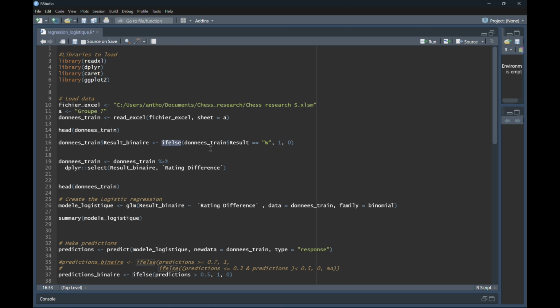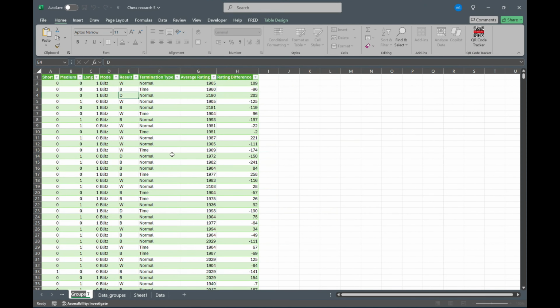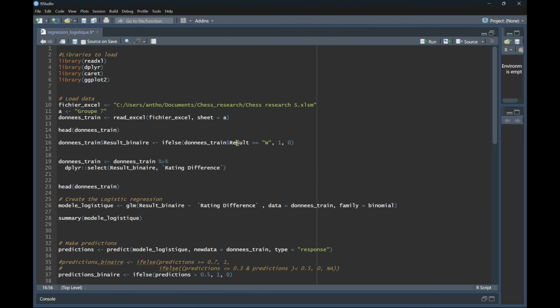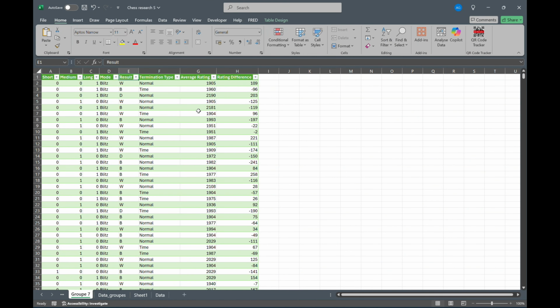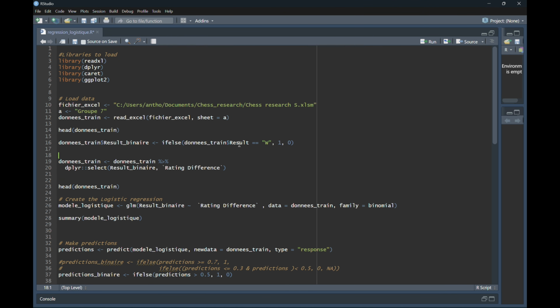Then ifelse is a function that, under a certain condition, takes a certain value and otherwise another value. So if in données train, in the column result, so this is the column result, if result exactly equals W between quotation marks because it's a letter,